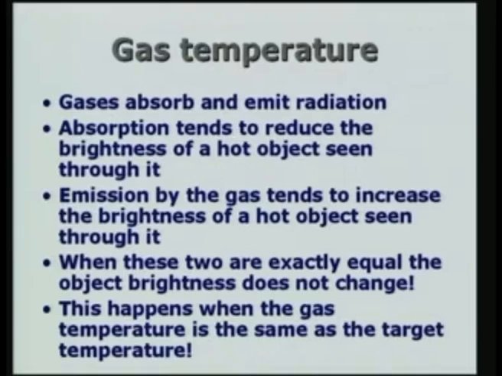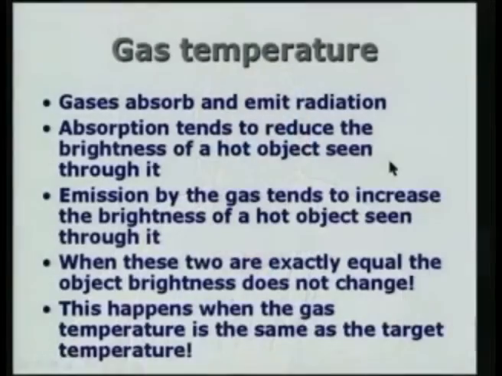The main thing with gases is that they absorb and emit radiation. Of course, they do not absorb and emit radiation in all parts of the spectrum of electromagnetic radiation. They selectively absorb and emit. Gases absorb in what are called bands, and if it is an atomic gas containing atoms, it may absorb over lines. That means at a particular specified wavelength.